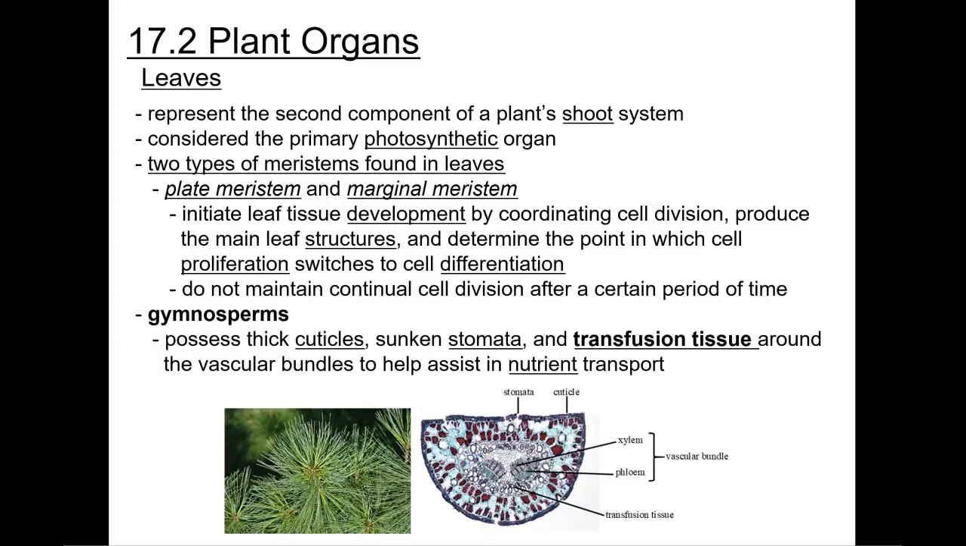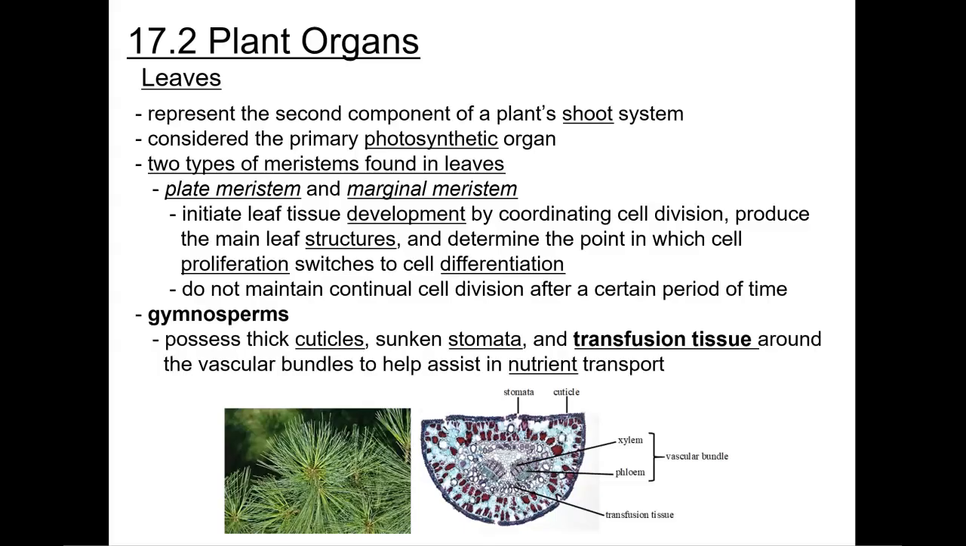There are going to be two types of meristem found in leaves. We have plate meristem, and then we're going to have what's called marginal meristem. They're going to initiate leaf tissue development by coordinating cell division. They produce the main leaf structures, and they're also going to determine the point at which cell proliferation switches